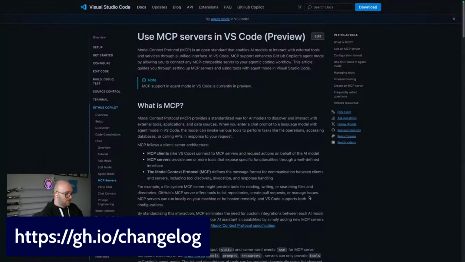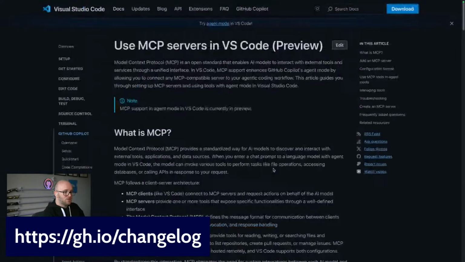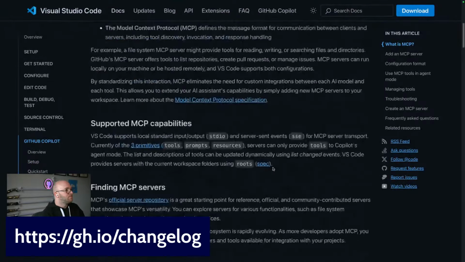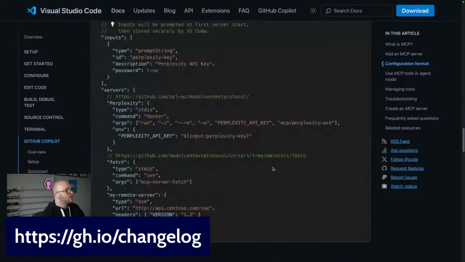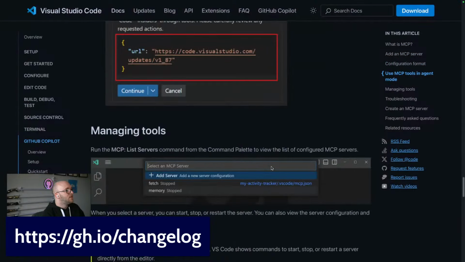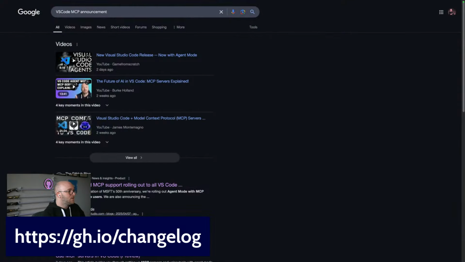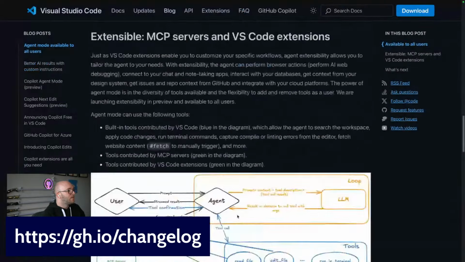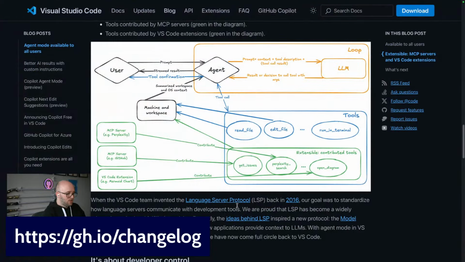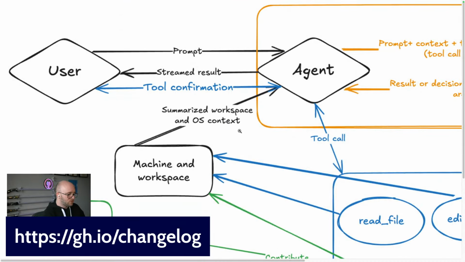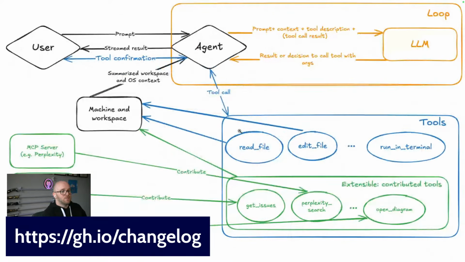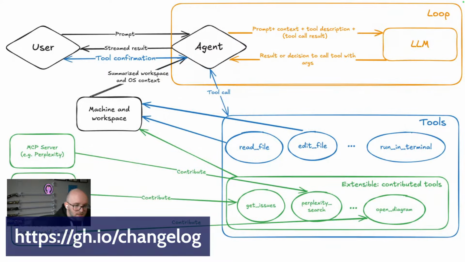So, let me do it like this. There we go. Okay. I'm going to zoom in a bit just so it's super, super clear on the screen for you. And there's a nice diagram somewhere. Maybe I'm just going to open this in a new tab. Ooh, too zoomed in. There we go. Let me bring myself off screen as well.